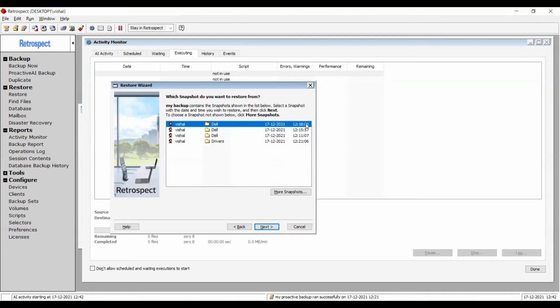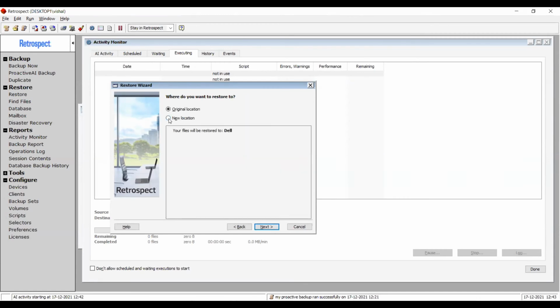So if you remember, we backed up the folder first, 72 files, and the last backup done was backing up just one single file. One of these backups did just one single file, and one of them did nothing. So to answer that retention policy question, if I restore back from the latest, which is actually an incremental, I'll still be able to restore my entire backup from that source.